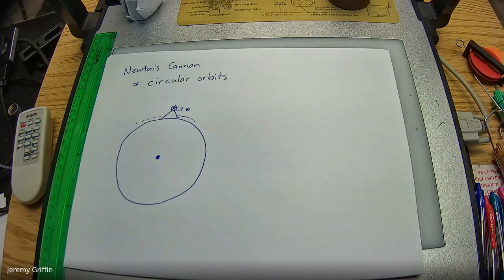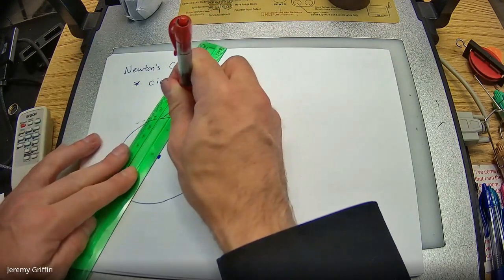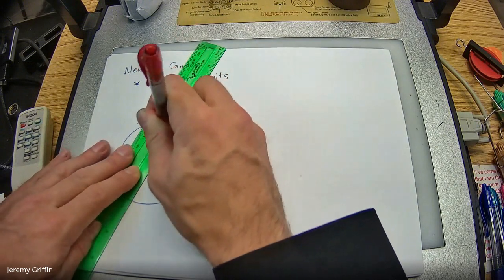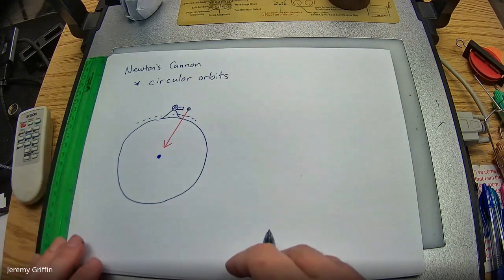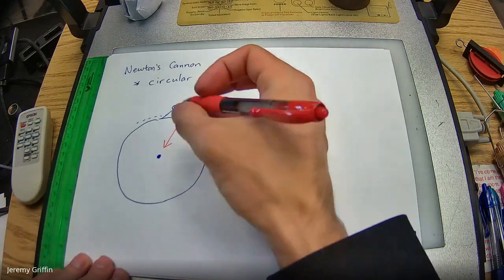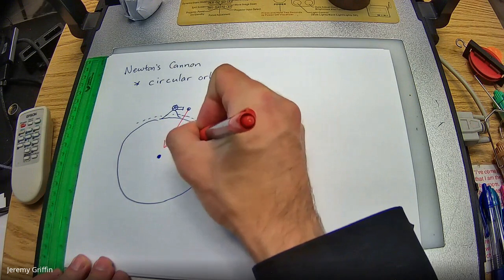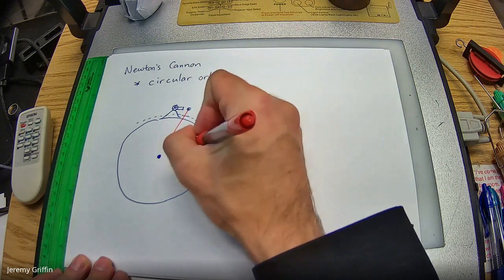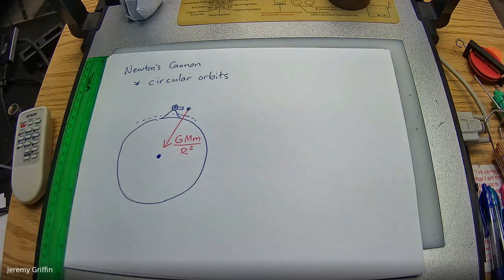Ooh, this looks like a projectile problem, doesn't it? You know projectiles: there's only one force on any projectile, or anything that's in free fall, and that's its own weight. I usually call weight mg, but let's think about our new, more universal way of thinking about weight, which is GMm over r squared. What I just wrote in red ink, that is the free body diagram on that cannonball, isn't it?